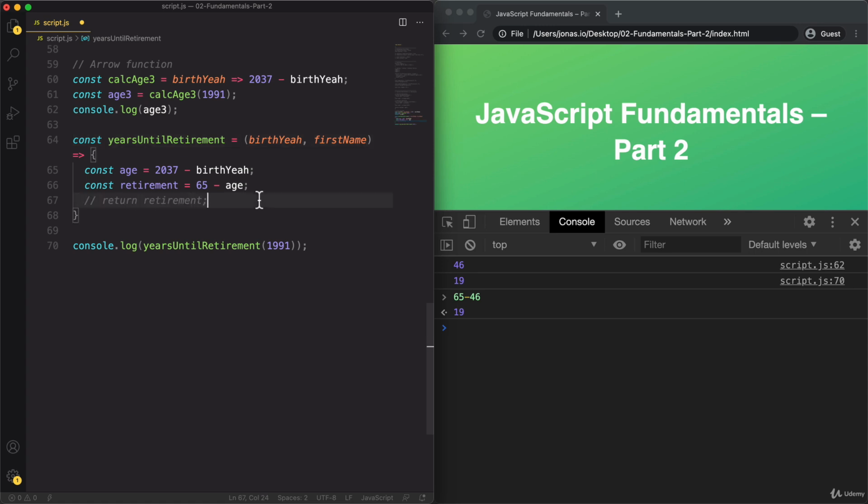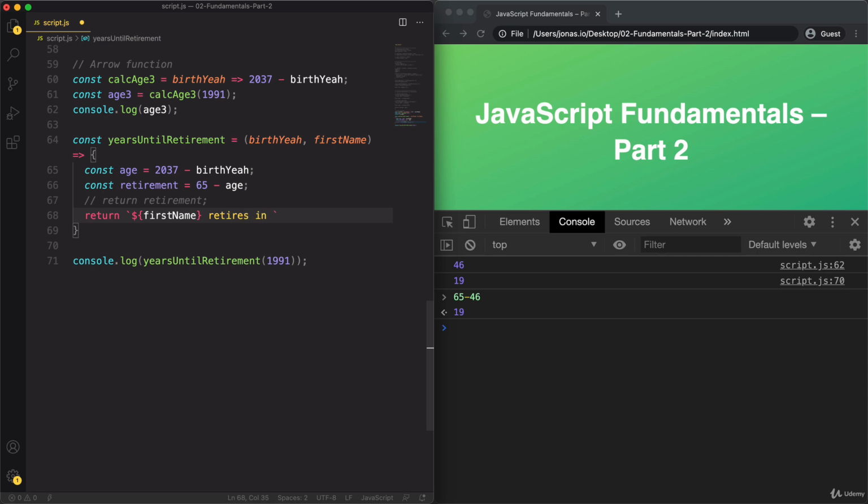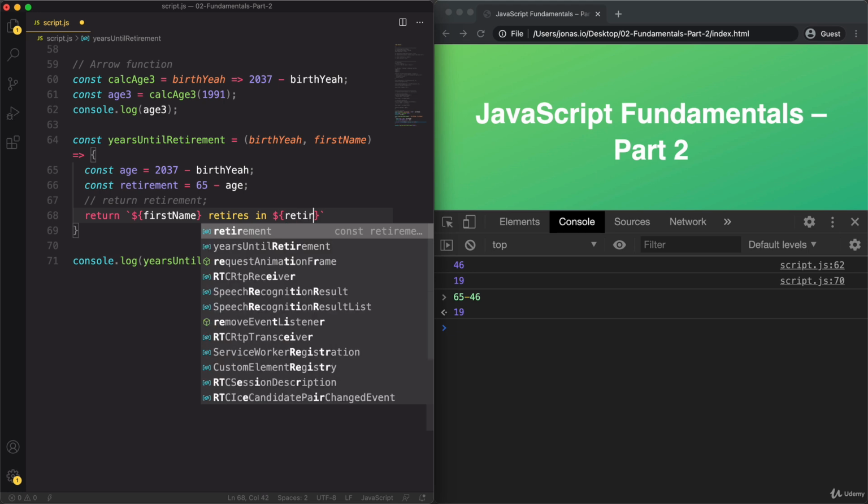So let's comment out this part here, and instead let's return a string. And again, we're using a template string here to build that string. And basically I want to say first name retires in X years. So let's use that placeholder here. So first name retires in, and then we use that value that we just calculated. So retirement,